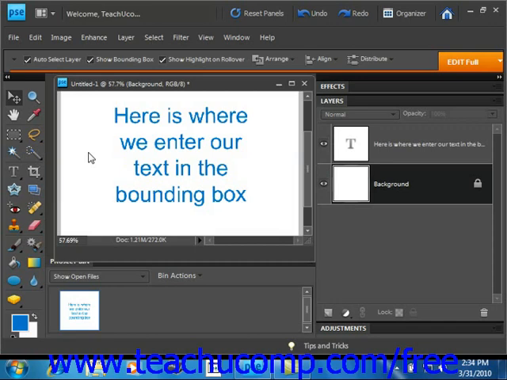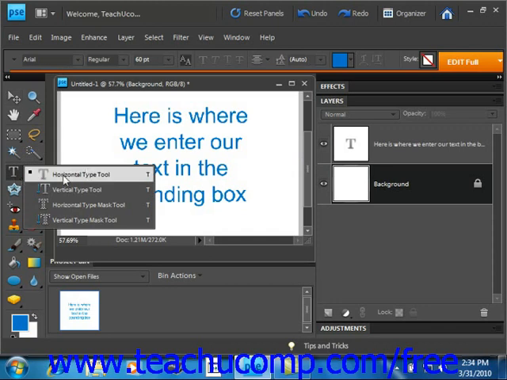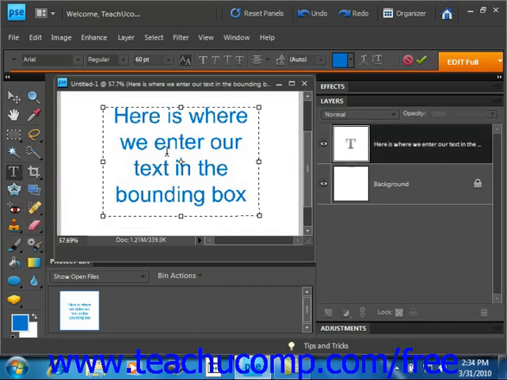www.teachucomp.com/free. You can click into the text in a bounding box to apply text effects to the bounding box itself. When you click into a text box with one of the type tools, you'll see the bounding box appear, assuming of course that it isn't point type text. Let's go ahead and do that. We'll right click here and choose our horizontal type tool and click in there until we see the bounding box